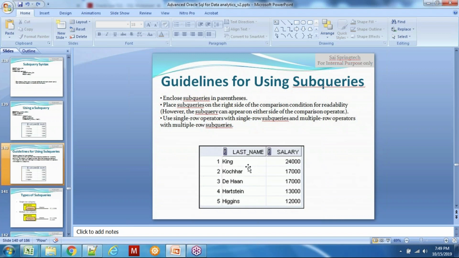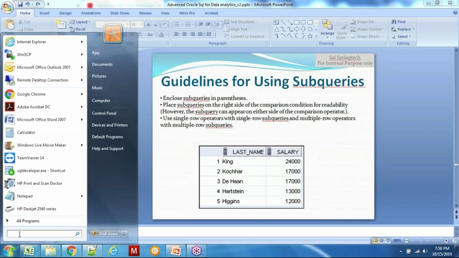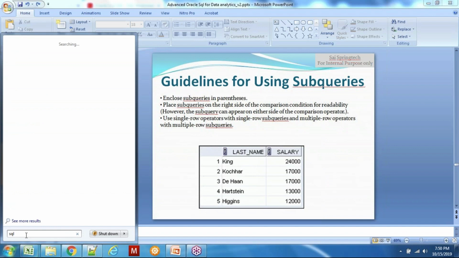The first one, enclosing in parentheses, was mandatory. Putting something on the right side is up to you. Generally we put it on the right side, not on the left side. Why? Because of readability. When you are working on analysis and analytics, your queries can go up to hundreds and thousands of lines, right? And when it becomes so big, it is very important that you indent it properly for reading purposes. I'll show you how to do that indenting. We'll see it